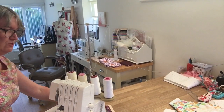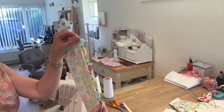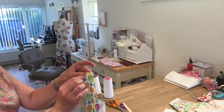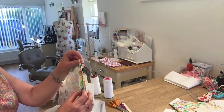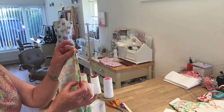Right, so we've got the hems in the bottom of the trousers. So now we're going to be sewing up each leg, and I'm going to just be doing this on the overlocker. So it's important to get the hems together, and there's our little notches, so it's important to match those little notches that we put on the paper